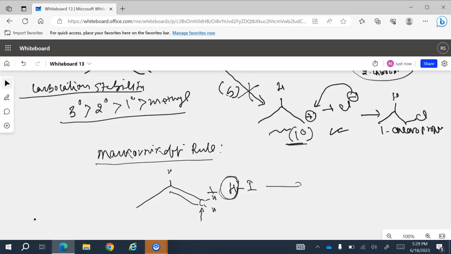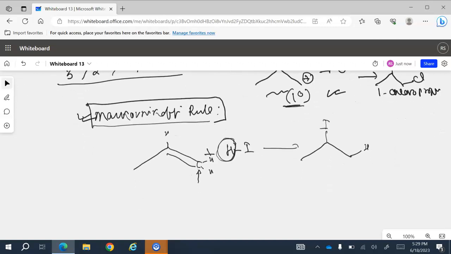So the hydrogen of the hydrogen halide will go to the terminal carbon. The result here is that hydrogen will be added to the terminal carbon, and iodine will be added to the other carbon. This is what we call the Markovnikov rule, a very popular rule that will be followed there. Now see, for example, another one here, if you add hydrogen bromide